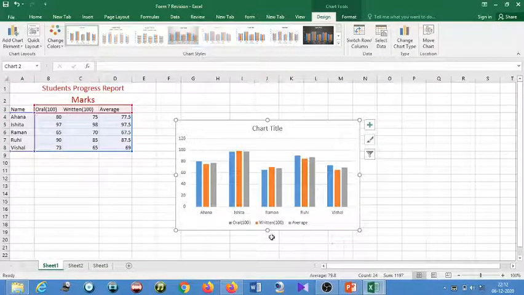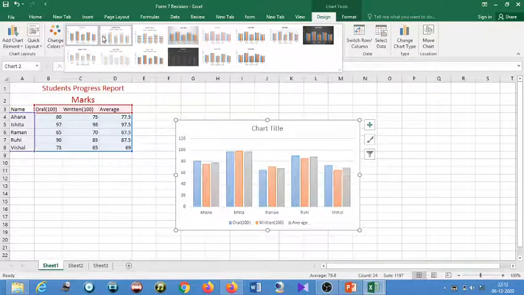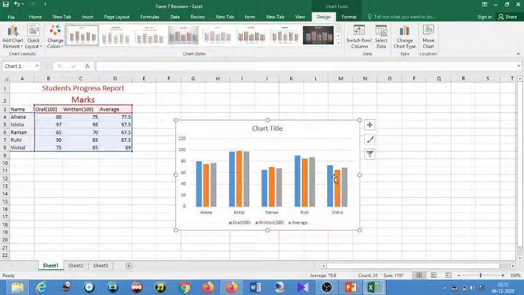Now look here, students, my column chart is ready on this data table. You can see here Ahana, Ishita, Raman, Ruhi and Vishal. So this is the column chart. If you want to make any changes, you can change the layout. Got it? So this is the column chart, students. Fine? Understood?